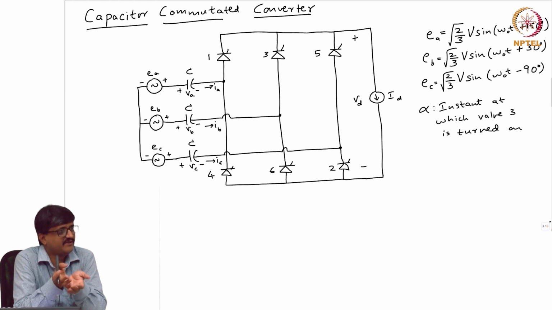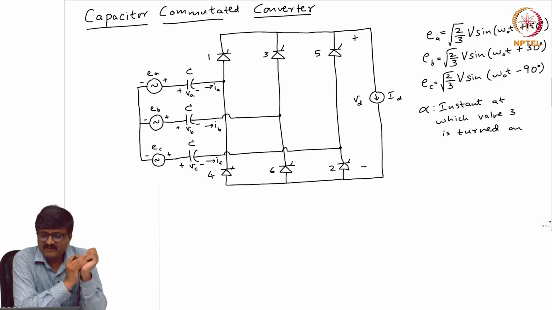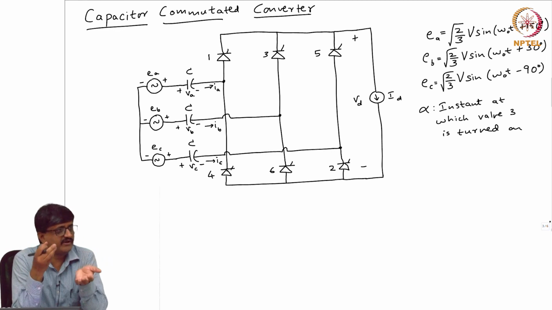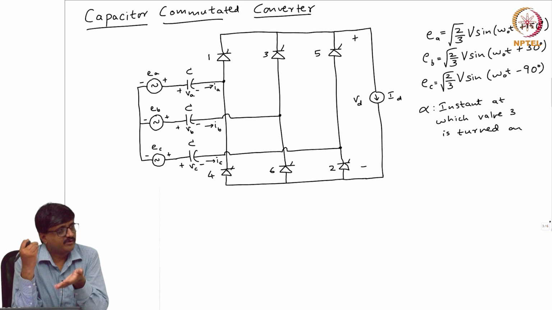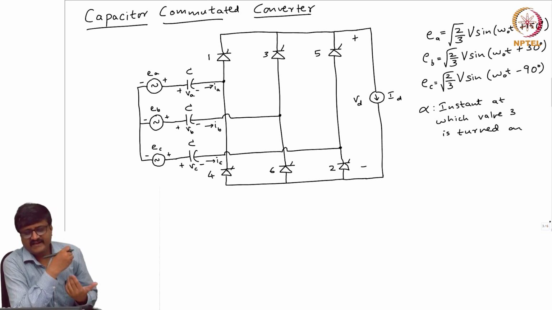See, we said it is still 2 valve conduction mode. As long as it is 2 valve conduction mode, let us assume 2 valve conduction mode, then it is allowed actually. That is the only thing: 2 and 3 will not happen because we will see that there is no inductance on the AC side. So, if it is 2 valve conduction mode, then we know the waveforms of IA, IB, IC.